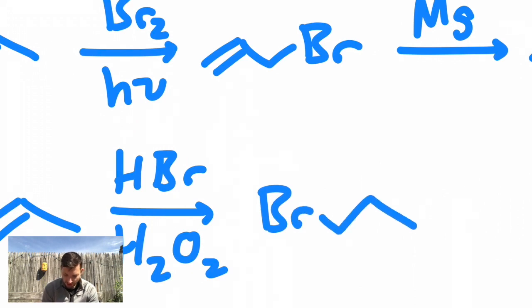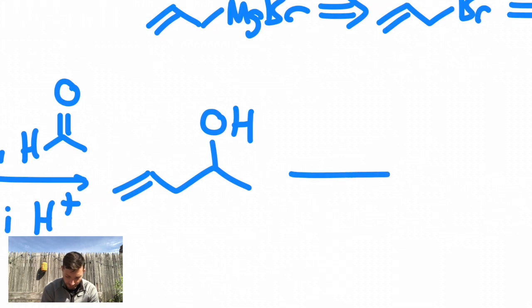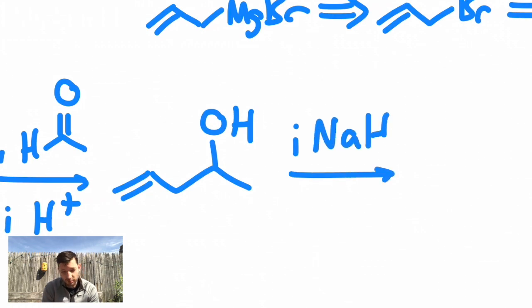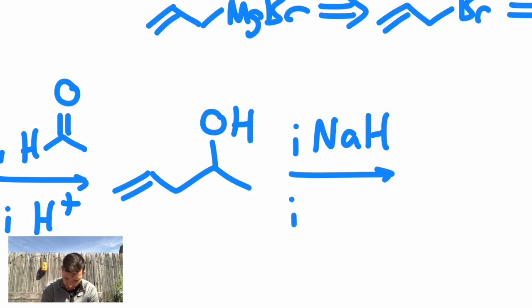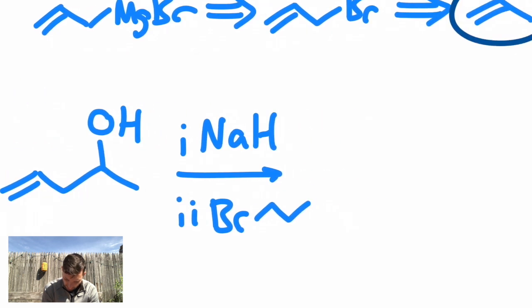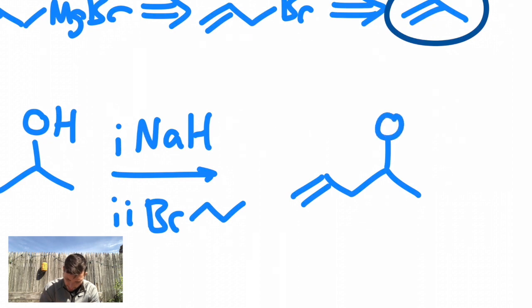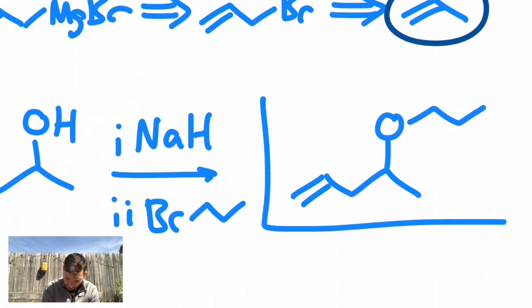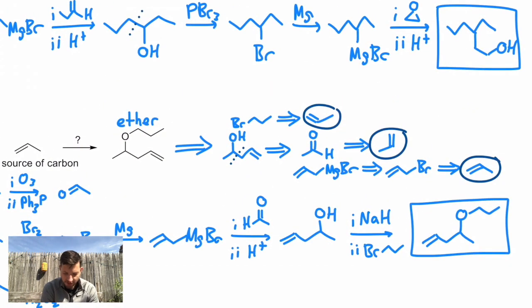There's the bromopropane, and now we're going to use that in a Williamson. The Williamson synthesis involves 2 steps. It's usually sodium hydride that will do the acid base to give it the alkoxide, and then the SN2, in this case with bromopropane. So I get a new oxygen carbon bond, and that's our product. So starting with just propene, we made this ether with the allyl group hanging off of the alcohol carbon, what's